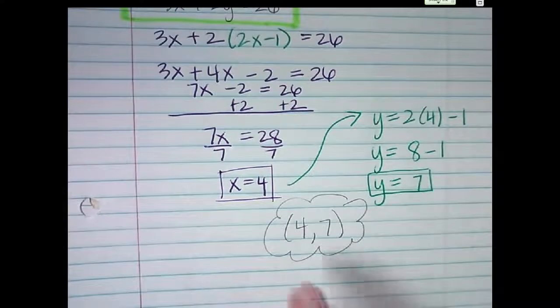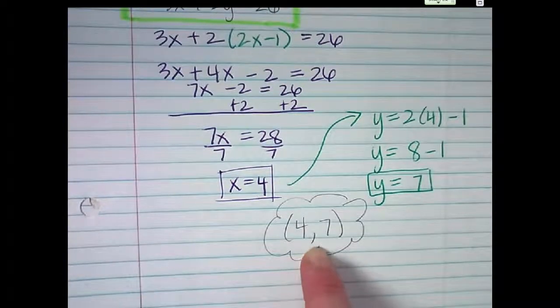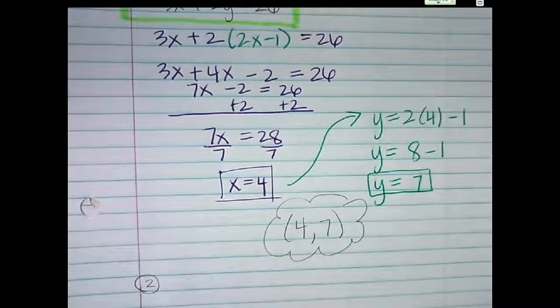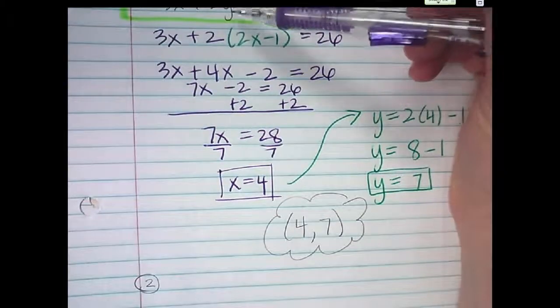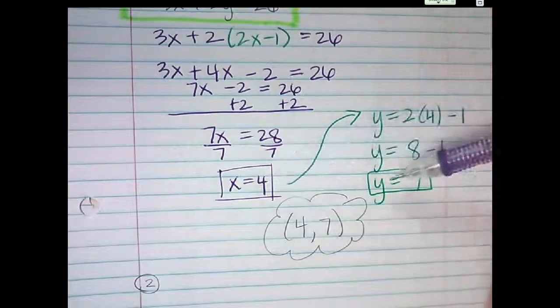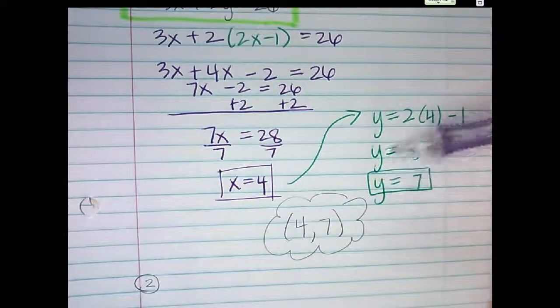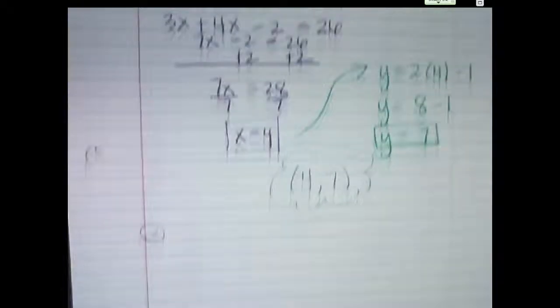So again, you could get this by graphing, or substitution, or elimination. This is just one method. It will say, solve the system by substitution. So substitution, you have to know I'm going to take an equation, I'm going to substitute it into the other one, and then solve for x and y. Tomorrow we'll say solve by elimination, and you'll see the difference tomorrow. Okay, so number 2,